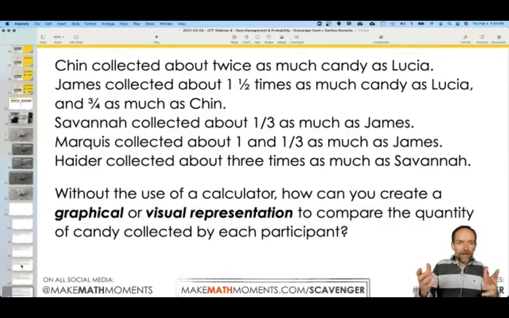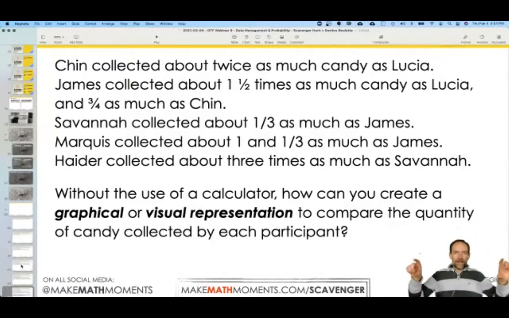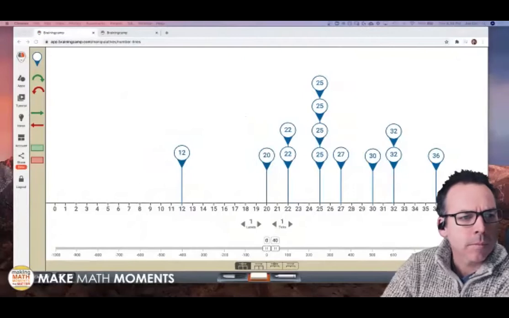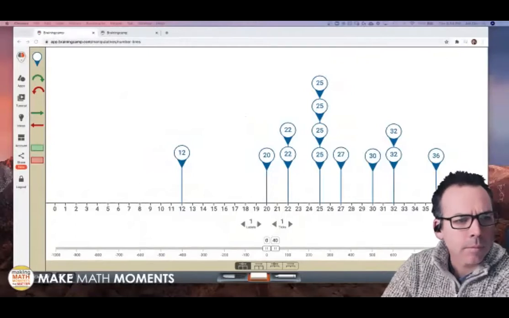And John, when John had on the screen that sort of bar graph of all those estimates, that was a beautiful visual to give us a sense of where all of those were. There it is right there. John's got it up on his camera, except in our case, we actually don't have any quantities at the bottom. We can see that they're clumped together, but we don't actually know their values.